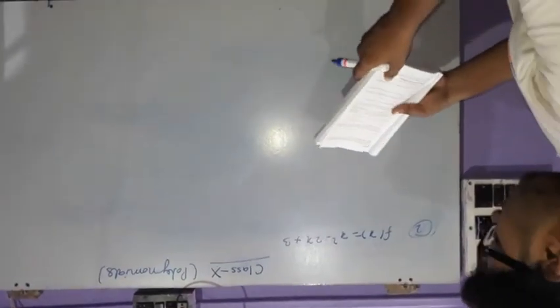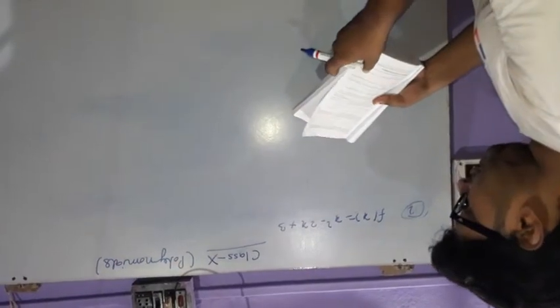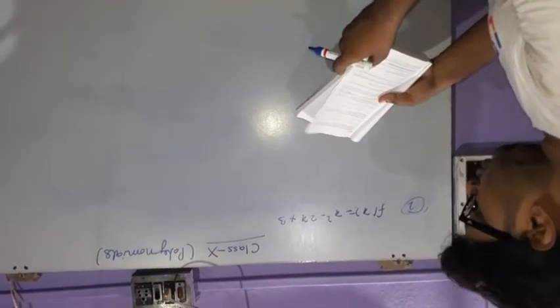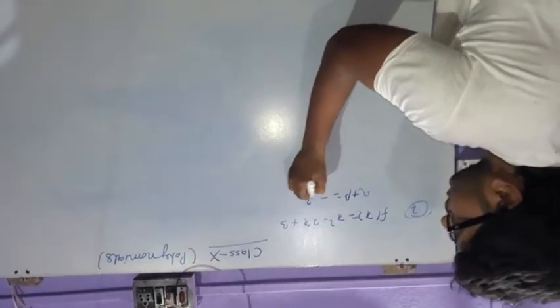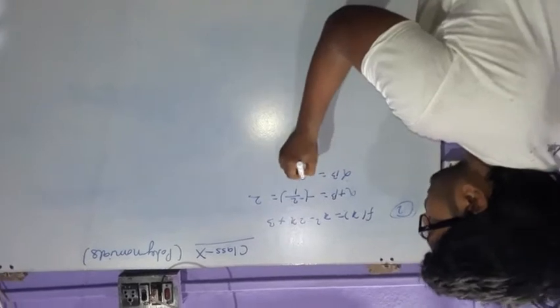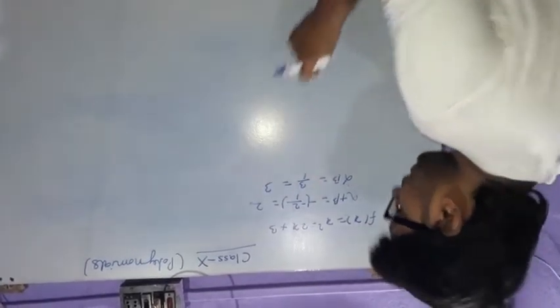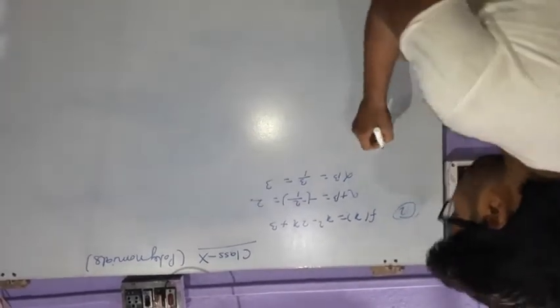Now question number 12: f(x) equals x square minus 2x plus 3 and has zeros alpha, beta. Find the polynomial whose zeros are these. Here we can find alpha plus beta is minus b upon a, that is minus minus 2 upon 1, which is 2, and alpha beta is equal to c by a, that is 3 by 1, which is equal to 3. The question is stating that find the polynomial whose zeros are alpha minus 1 by alpha plus 1 and